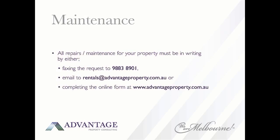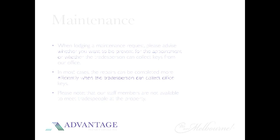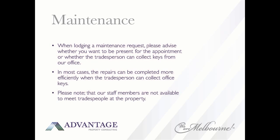All repairs and maintenance for your property must be in writing by either faxing the request to 9883 8901, email to rentals@advantageproperty.com.au, or completing the online form at www.advantageproperty.com.au. When lodging a maintenance request, please advise whether you want to be present for the appointment or whether the